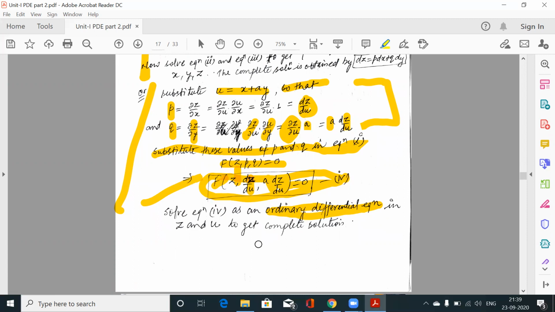But when you solve the questions, you will find that only the separation method you have to remember, meaning all the questions can be solved by the separation method for solving first order ordinary differential equations. So this is an ordinary differential equation in z and u. z is the dependent variable, u is the independent variable. So we can get the solution by solving this ordinary differential equation. We can see how by an example also. By solving the example, we can have an idea of how to solve the ordinary differential equation.